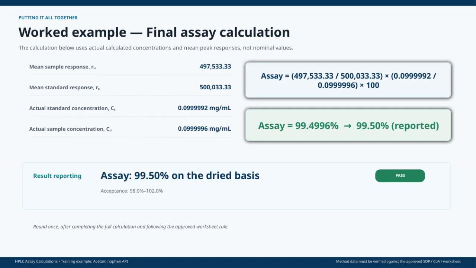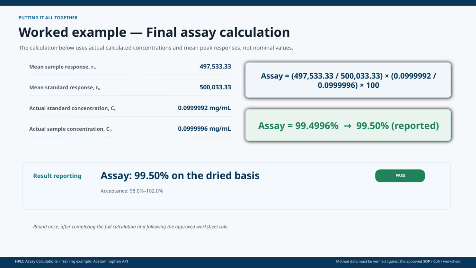Now, let's put it all together with a worked example for the HPLC assay calculation of acetaminophen API. It's important to remember that all method data must be verified against the approved standard operating procedure, certificate of analysis, or worksheet before proceeding. In this example, we use actual calculated concentrations and mean peak responses, not just nominal values. The mean sample response, denoted as our sub-U, is